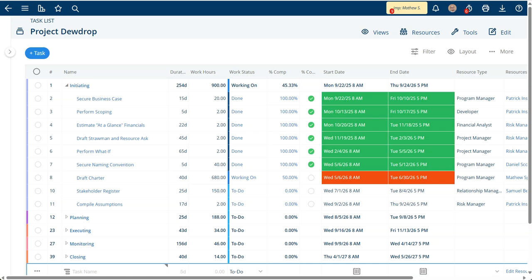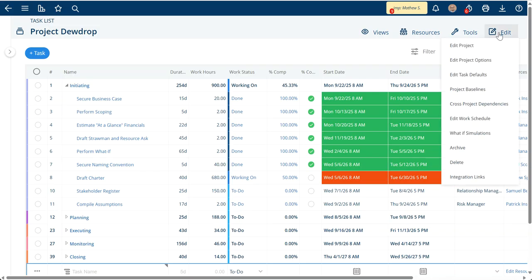This video will show the Project Baselines add-on in action, both on the project task list and on the project Gantt chart. The first thing that you need to do is make sure that you have the Project Baselines add-on enabled. From the task list, if you click Edit, you'll see Project Baselines in the drop-down if you have the